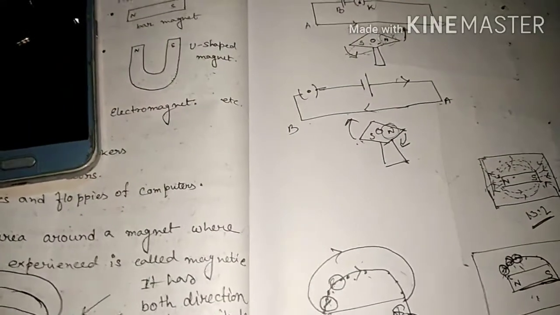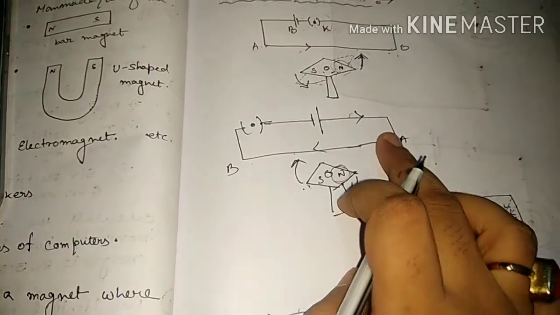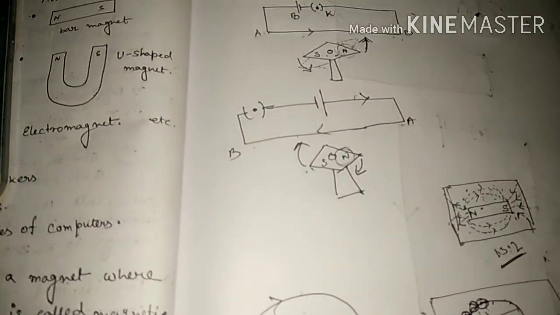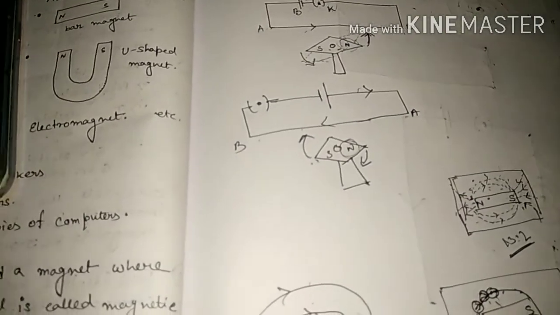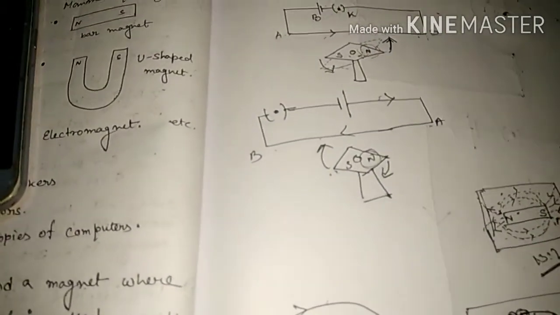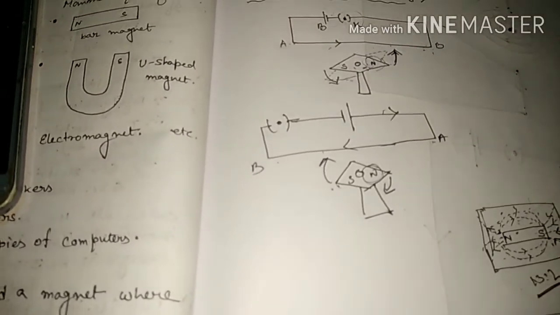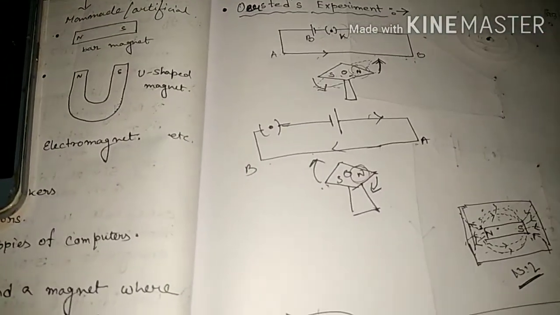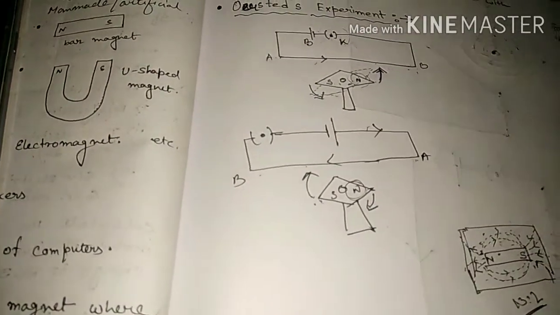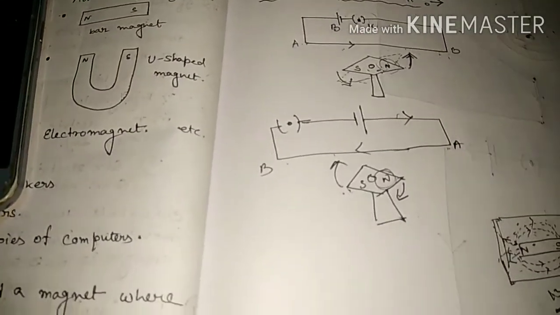Okay, the next topic is magnetic field due to a current carrying conductor. That is nothing but the Oersted experiment. If you have a current carrying conductor, a current passing through a conducting wire, and one magnetic needle is placed below the wire or above the wire, in both cases the magnetic needle will deflect if current is passing through the wire. So from that we can conclude that the electric current carrying conductor behaves as a magnet; it creates a magnetic field around it.